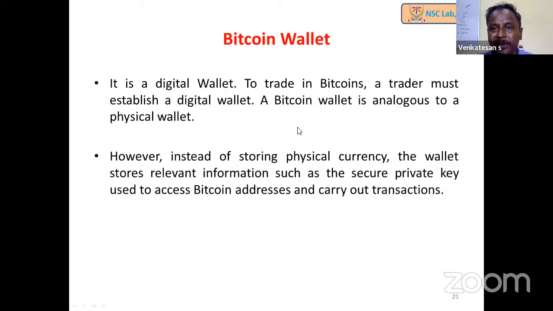So the Bitcoin wallet, as I said, is a digital wallet. Instead of keeping our money, we will be having the key. It may be a cold wallet or a hot wallet. A hot wallet is always connected to the internet. However, if the wallet is compromised, then you are lost. Anybody can spend, because the spending of the coin is based on the private key. If the private key is stolen, then it can be spent by others. And another thing, if we lose the private key, then we cannot spend that.